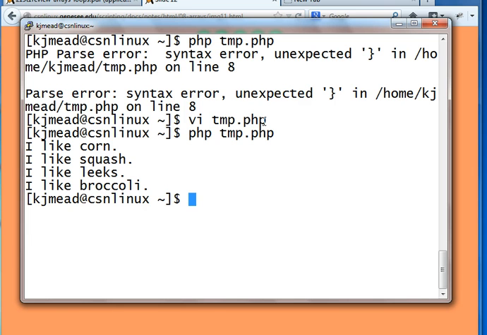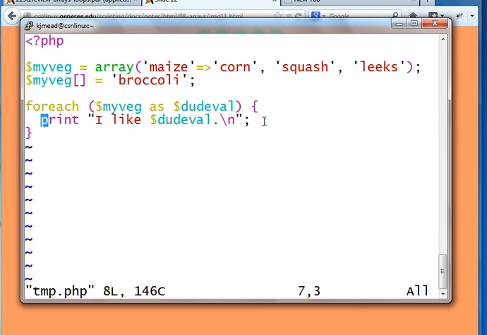How about, instead of printing out the values, what if we want to print out the keys? Well, the second form of the foreach loop, this first one is where we just reference the values, which is a lot of times all we ever need. But if we want to reference the keys, we have to use the pointer reference. So again, it's foreach array name as